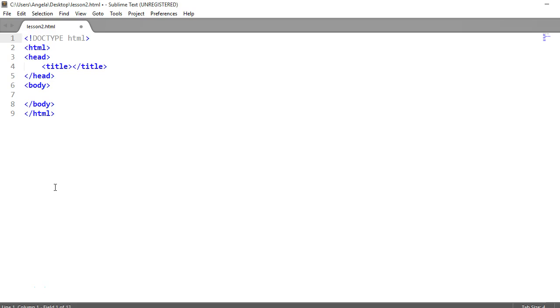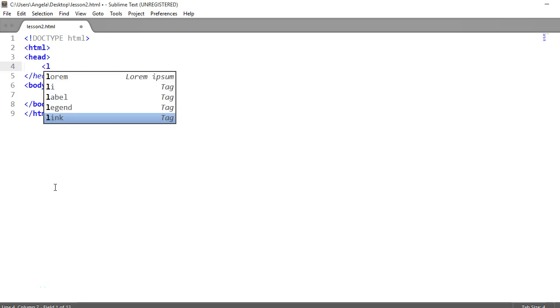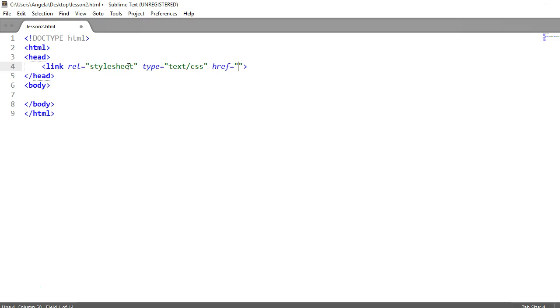to reference an external style sheet, you're going to go in your head part of your document, and you're going to do link. All right, and you can see it already kind of put it in here for me. So relationship, it's a style sheet. The type, it's text/css. And href is going to be the name of your style sheet. So for example, I'm going to do theme.css. So whatever it is, it's going to be .css. Also, you can use this for your JavaScript or any type of external file that you're trying to link back